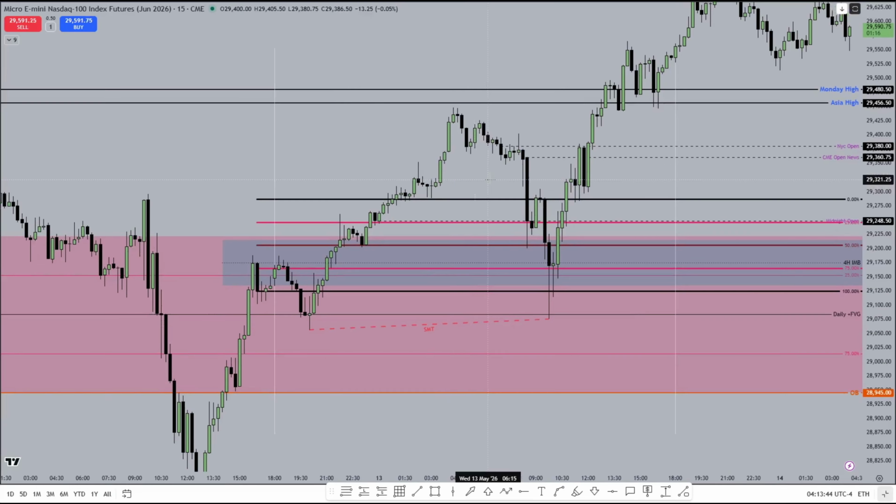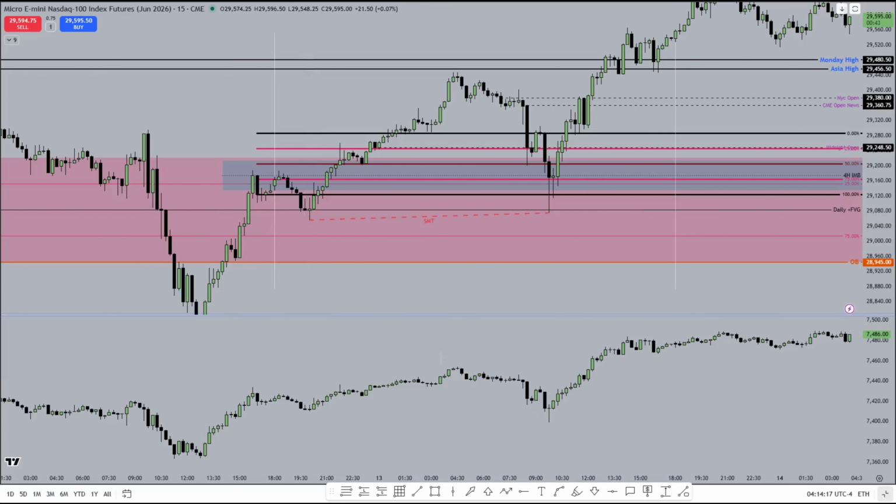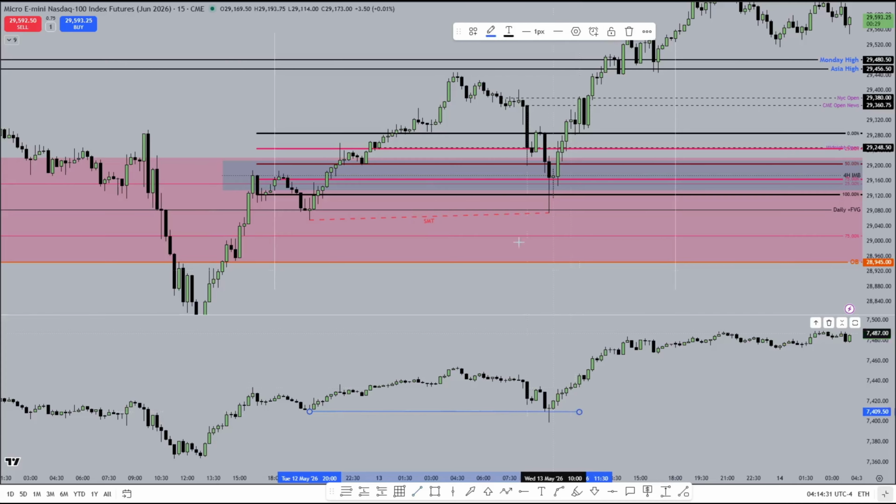To add further confirmation to the setup, as we've gone down, we've swept the London low, which was here, like I mentioned. We continued to travel quite a bit further, and as you can see here, we did not meet the Asia low, but we got very close, okay? However, if we open up the ES chart here on the bottom, we can see that while Nasdaq failed to make a lower low than Asian session, ES did in fact make a lower low than the Asian session. So therefore, this is a cracking correlation and a bullish SMT divergence, which gives a lot more confirmation to the move,